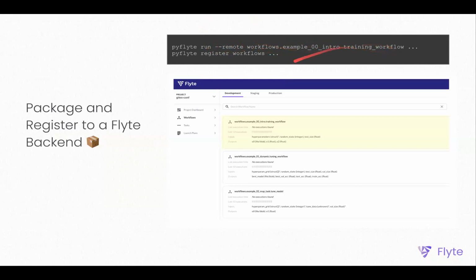Or you can say pyflyte register, and then just the directory containing all of your workflow modules. The first command will actually run your workflow in the Flyte cluster. The second command will just register them. And then you can run them after the fact, either on the UI or programmatically.